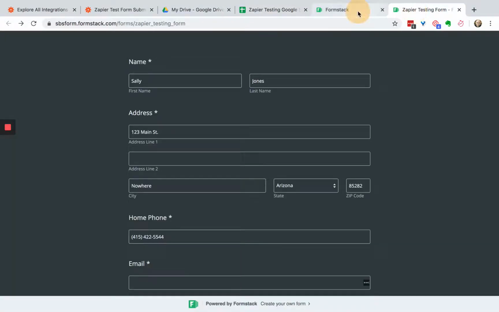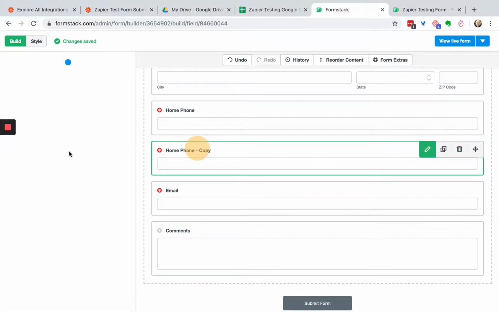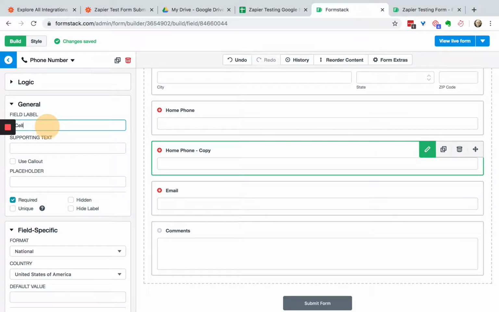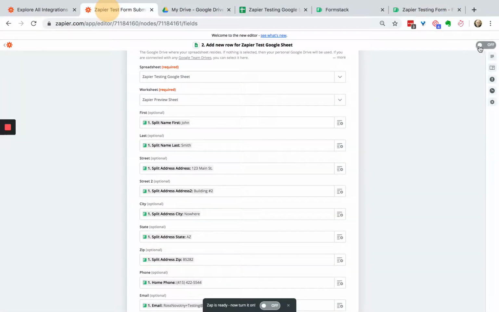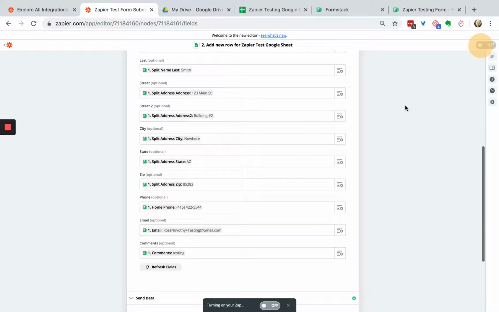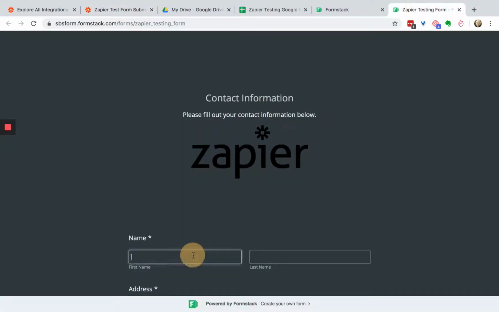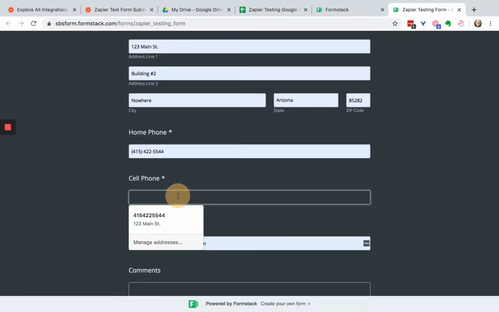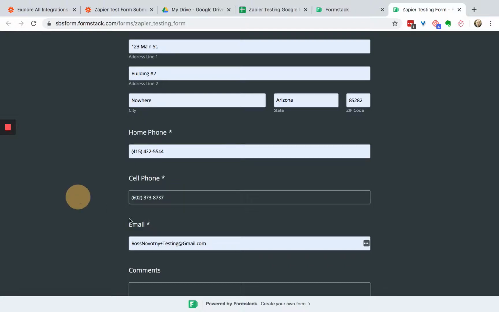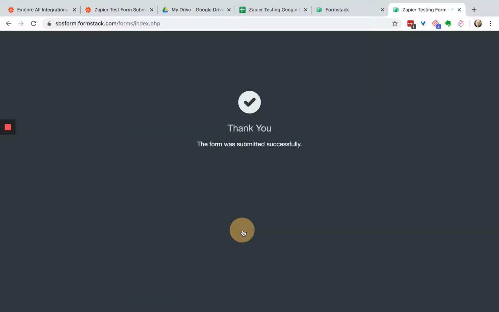and I need to add a new field in my form stack. So I'm going to duplicate this, and I'm going to call it cell phone. Alright, now I'm going to view my live form, and let's turn this back on. You're going to need to have this on to receive live information. So if I submit this information without turning it back on, it's not going to be caught by the Zapier integration. So let's go ahead and submit,